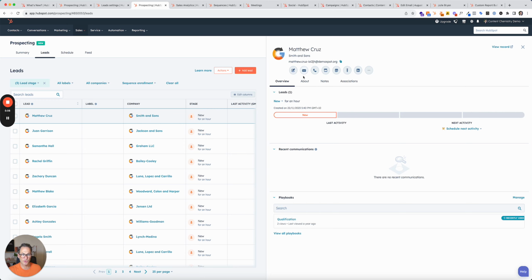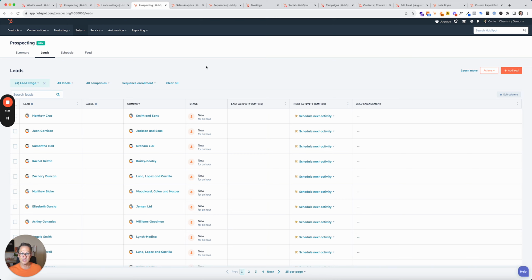So this is really cool. You can also contact your contacts directly through this tool instead of having to jump into their contact record, although you can do that by clicking on this link here as well. So this is a huge announcement by HubSpot, and a related reporting tool that's related to this prospecting and leads